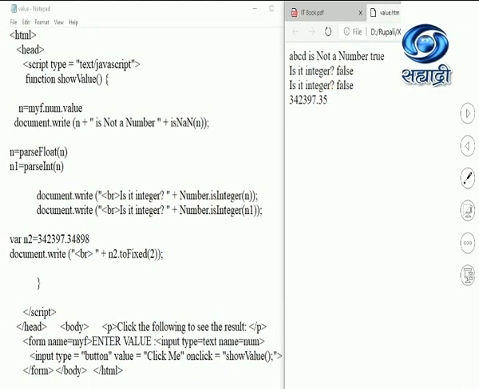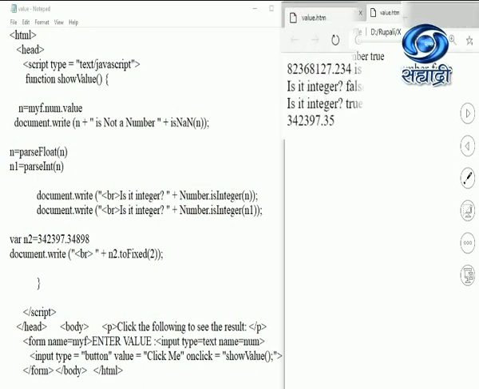Now over here, observe one more input if I try to give. Say I have entered this value instead of ABCD. It is asking whether it is not a number. No, it's a number, so that's why it is saying false. Now is it an integer value? No, it's not an integer value, so it said false. Is it an integer? Again I am asking. Yes, it is an integer. Why is it saying is integer false? Because I have converted that into float.